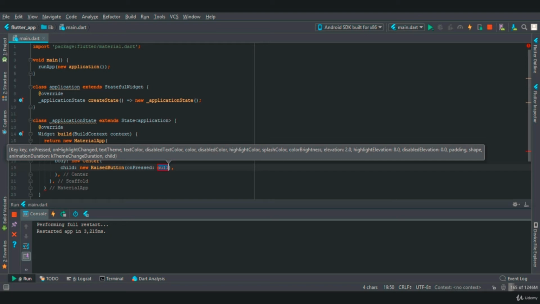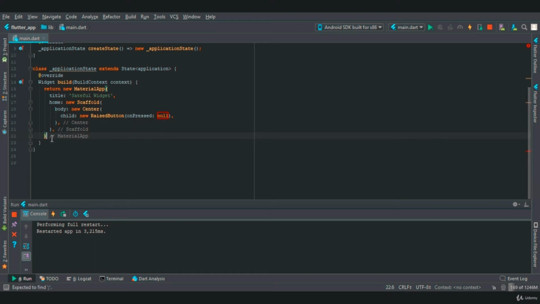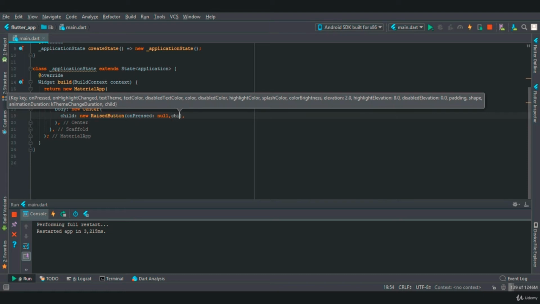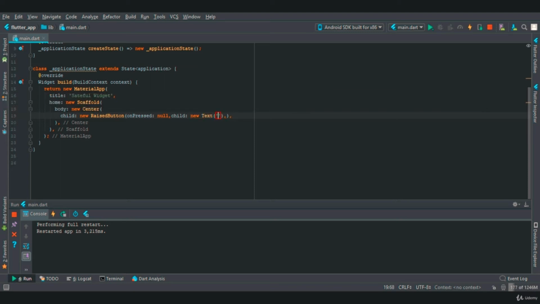Right now it's null, and we also need to provide a title to this RaisedButton. So we will create a child. In this we will provide a new Text, and we'll provide a string as raised button. Now let's restart our app.